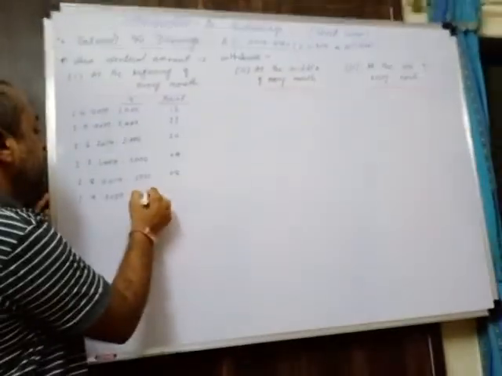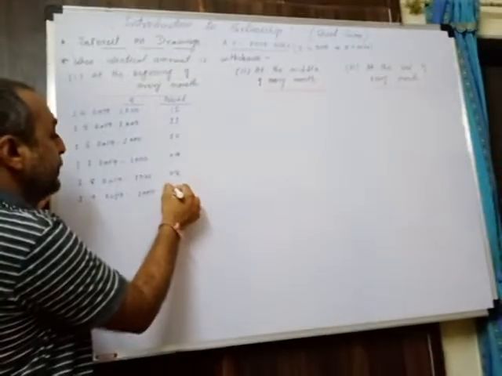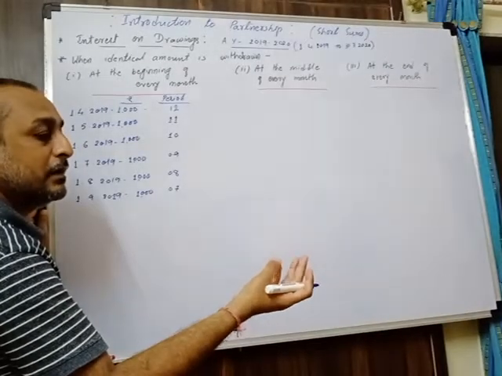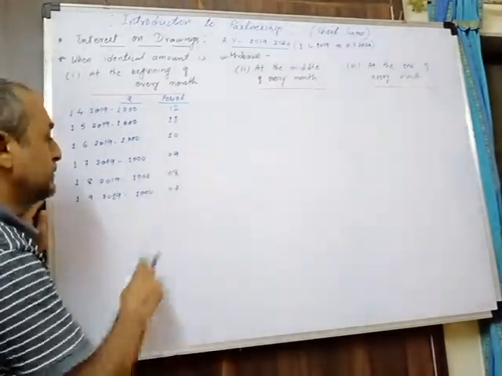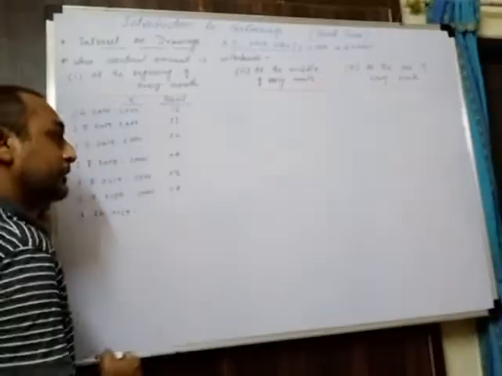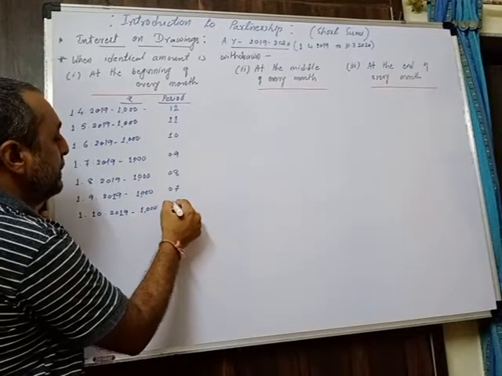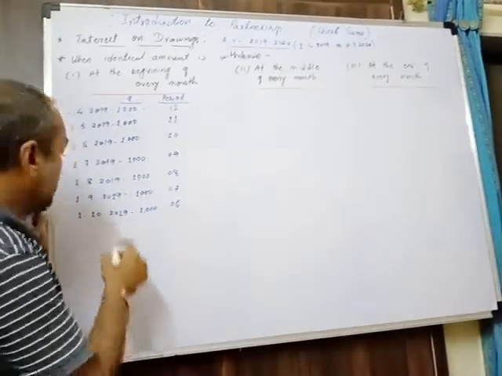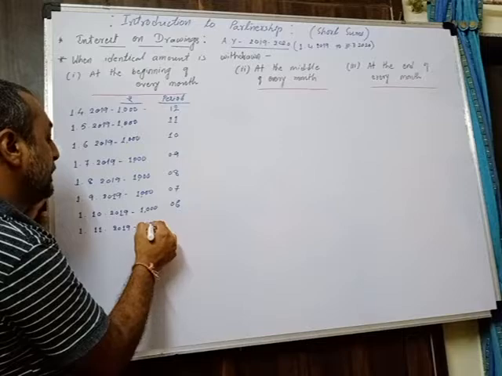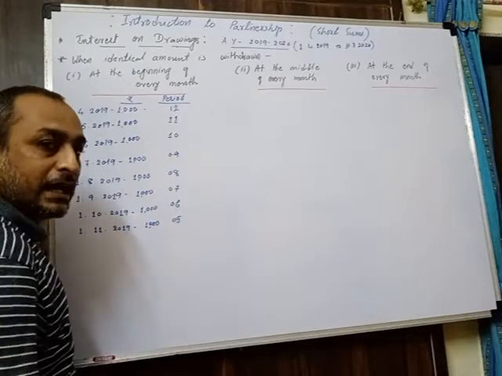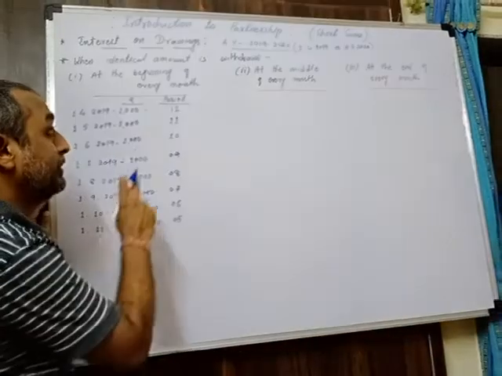Then next drawings will be on 1st September 2019, 1000. On this the firm is going to charge interest for 1/9 to 31/3, that is September, October, November, December, January, February and March, that is for a 7 months period. Then next drawings will be 1/10/2019 of 1000, on which interest will be charged by the firm for a 6 months period. Next drawings on 1/11/2019, also 1000, on which the interest will be charged for a 5 months period from 1/11 to 31/3.